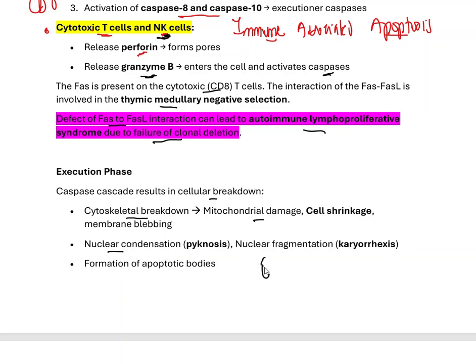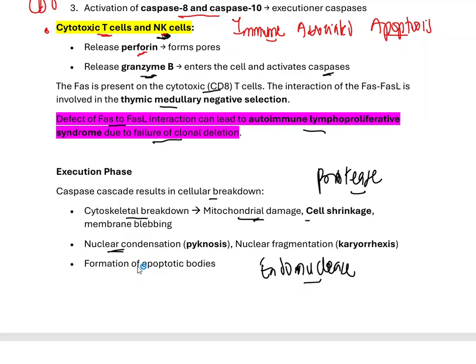So they also have endonuclease activity, in addition to protease activity. And it's those proteases that break down the cytoskeleton. But the caspases also have endonuclease activity, so they're going to break down the